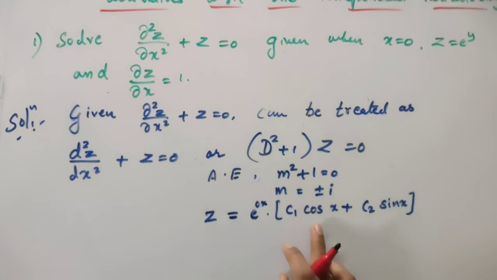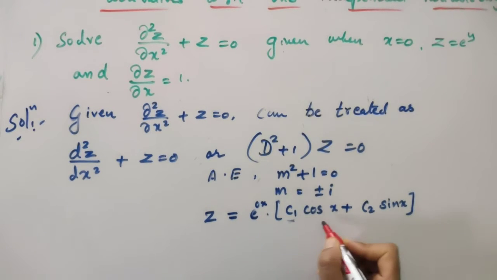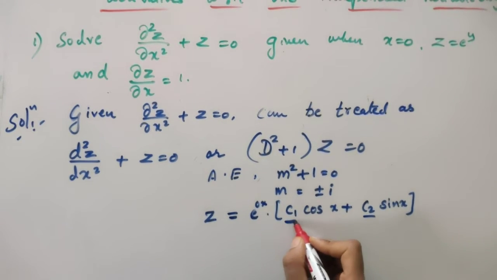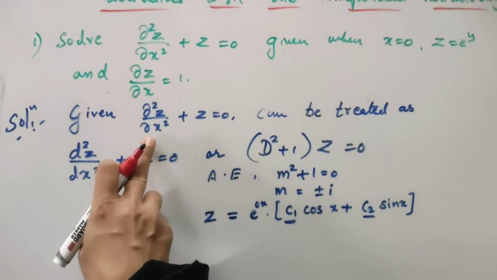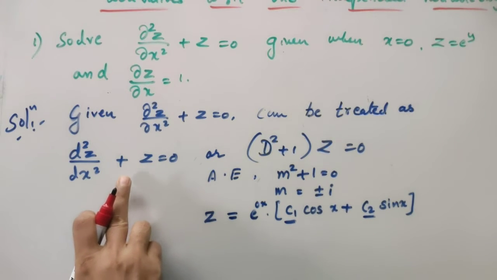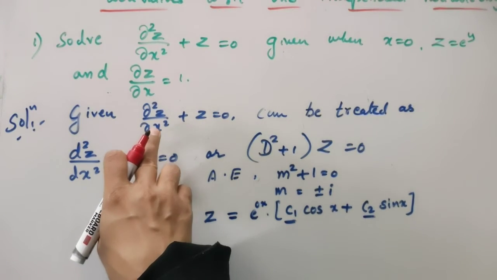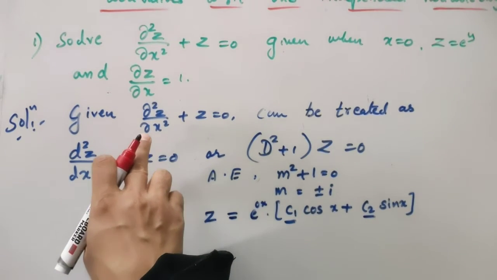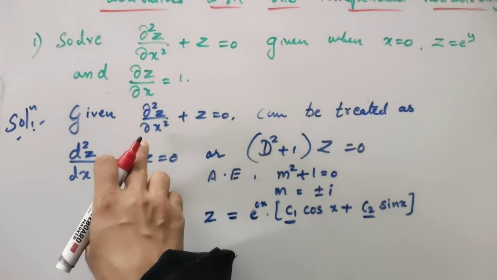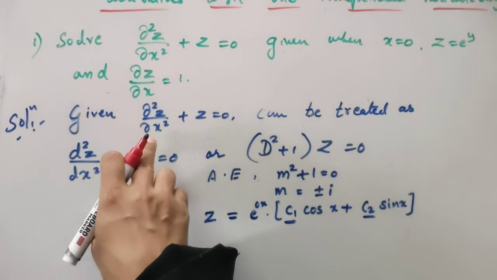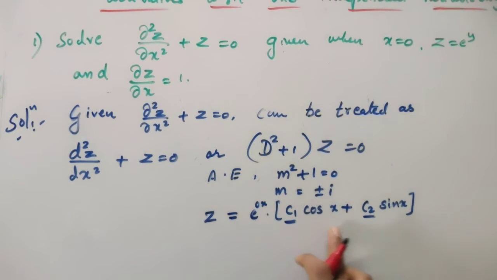Okay, so using that you can easily write this, but here there is a small change. We have attached these arbitrary constants here. But make a note, we are solving a partial differential equation, not an ordinary differential equation. So when it comes to an ordinary differential equation, you can write C1 and C2, but because we are solving a partial differential equation, and look at the partial derivatives with respect to which variable it is, it is with respect to x. So instead of writing arbitrary constants C1 and C2, we write arbitrary functions of y. Any two arbitrary functions of y. That is the important part that you need to know.